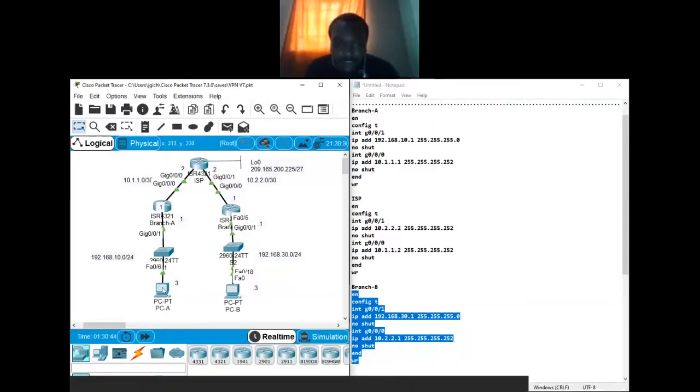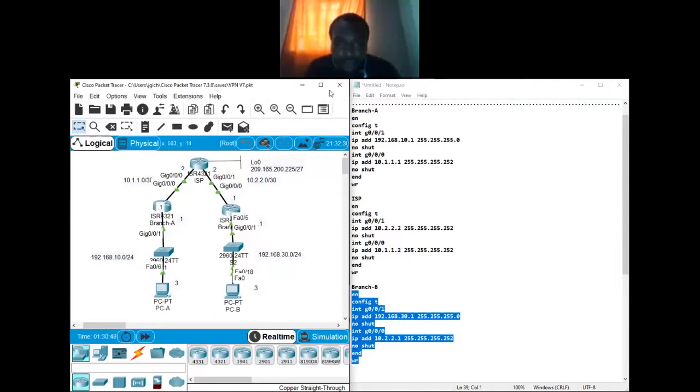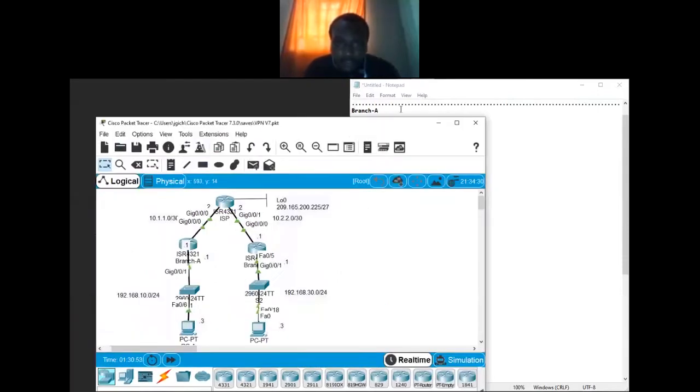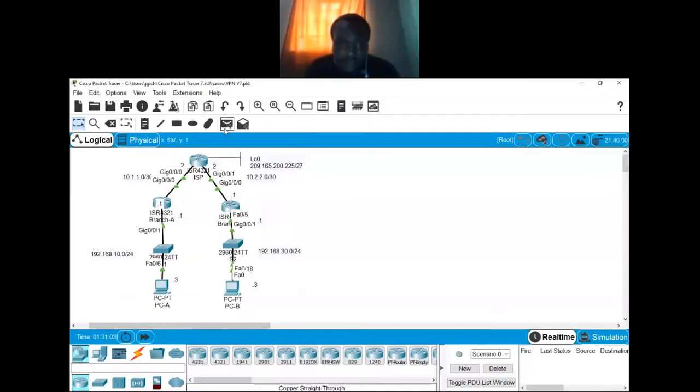So I've already placed IP addresses under these equipment, and then I'll enlarge my Packet Tracer so that I'm able to see all the data. And then after enlarging the Packet Tracer, what I'll do next is try to ping. You can pick this add sample PDU. You can use this PDU to ping, or you can go to the command line interface and do the same.